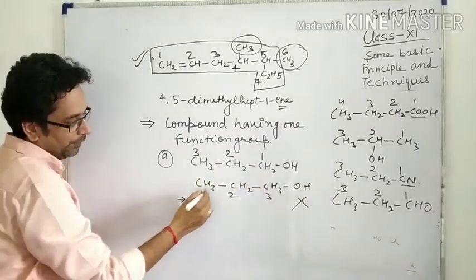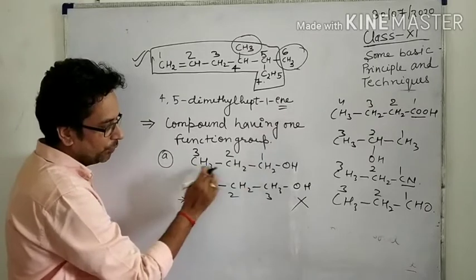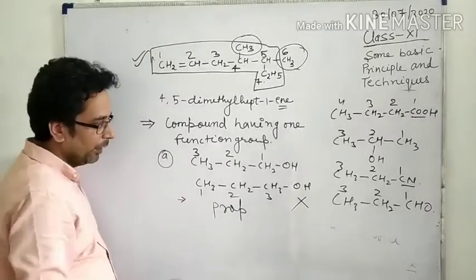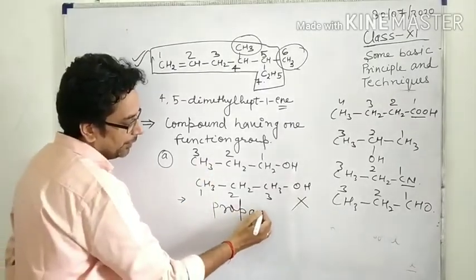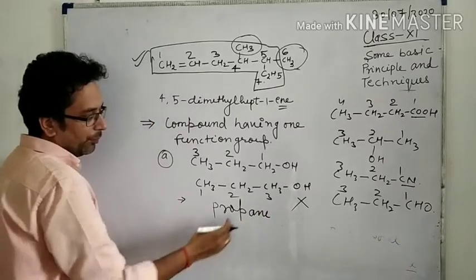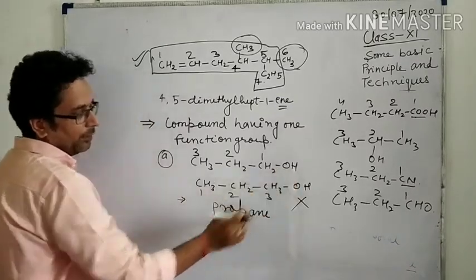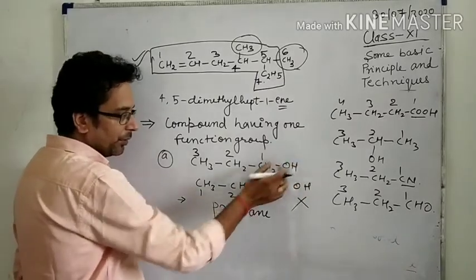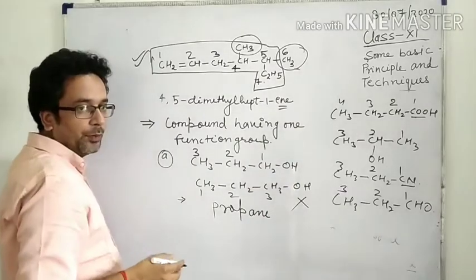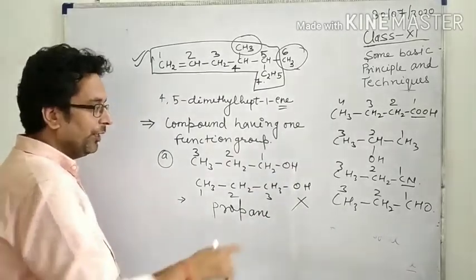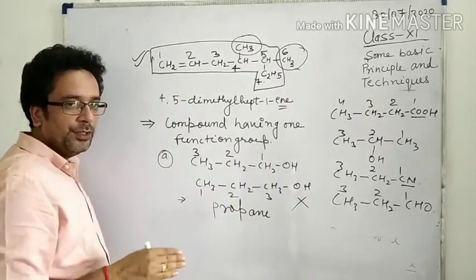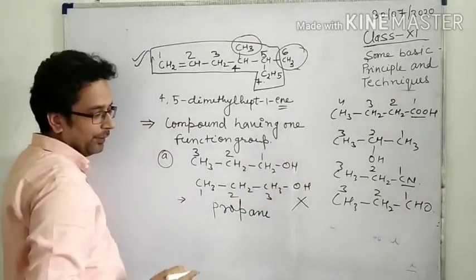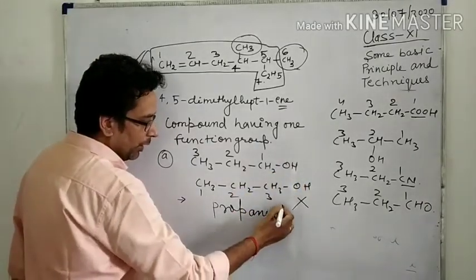So what is the name? Total number of carbon is 1, 2, 3. For 3 we use prop. And all are saturated, we use A and E. And this is the OL. Okay, OH is a suffix. I will give you the priority order: when the OH group is a principal functional group, then it is used as a suffix, and in suffix it is used as OL. So look here, OL.